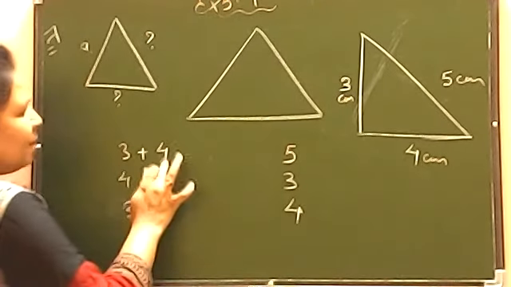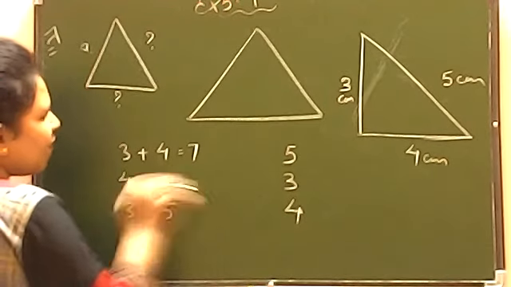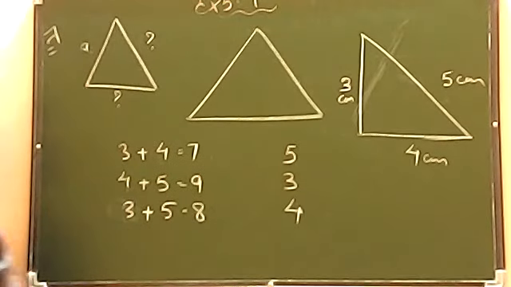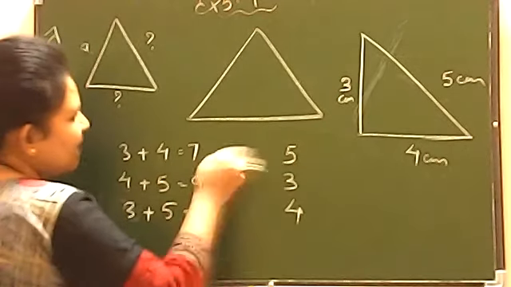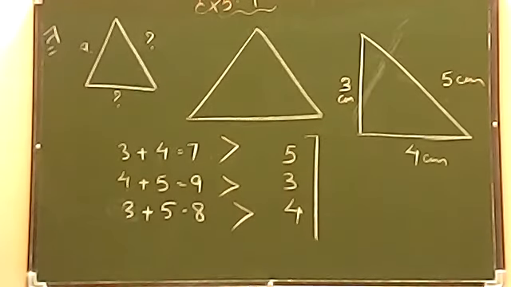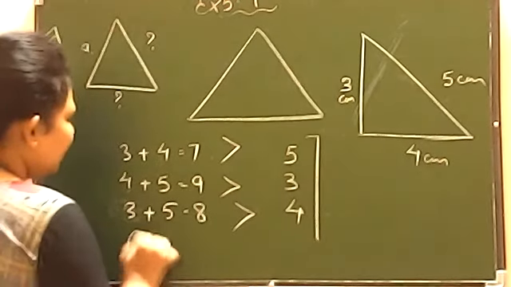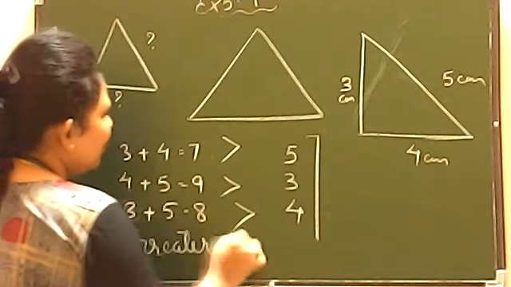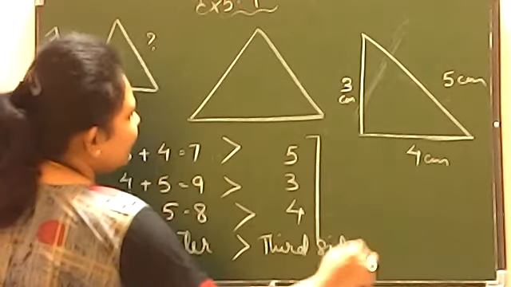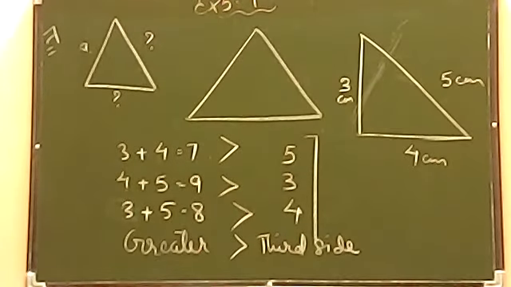Now let's see all the cases what it is saying. 3 plus 4, 7 comes, 5 plus 4, 9 comes, 3 plus 5, 8 comes. Now let's see they are greater than the third side or smaller than the third side. 5 से तो ये वाला बड़ा हो गया, ये भी बड़ा हो गया, ये भी बड़ा हो गया। It means they are not smaller, they are coming greater than the third side. Okay, बट क्वेश्चन में क्या बोल रहा है बेटा, लेसर आ रहा है कि ग्रेटर आ रहा है। ओके, सो कीप इन योर माइंड यू आर गेटिंग ग्रेटर। सम ऑफ द लेंथ ऑफ टू साइड्स ऑफ द ट्राइंगल इज कमिंग ग्रेटर इन ईच केस in third side.